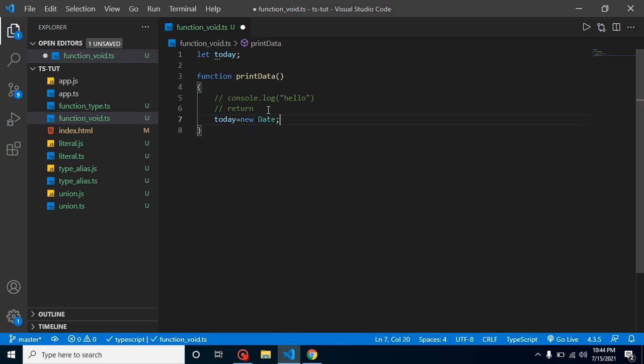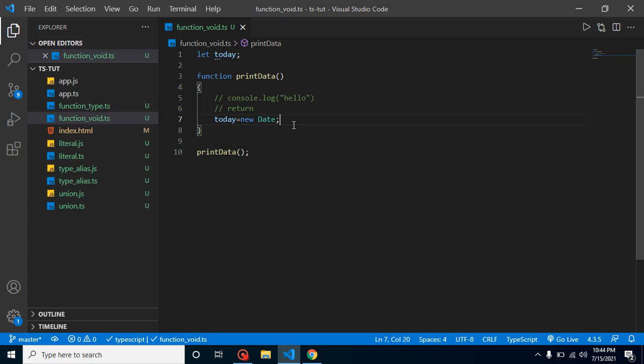That might be possible, and we are simply calling printData here. You can see that we are using this function, but we are not returning something. That is the actual use of a void function.